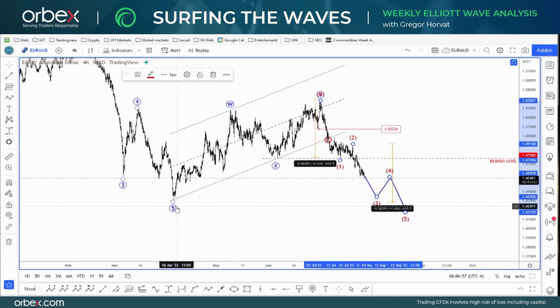So I'm expecting prices at some point to revisit these April lows. In the meantime, watch the fourth wave pullbacks. Maybe this could be nice for potential shorts. Of course, firstly, you want to see this wave 3 at least similar compared to the distance of wave 1, because wave 3 will very rarely be the shorter one.